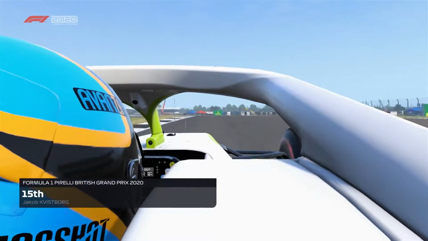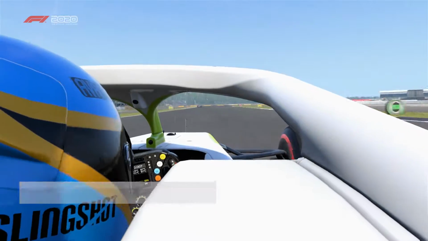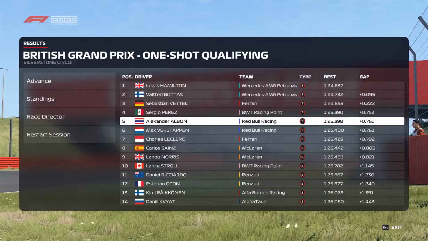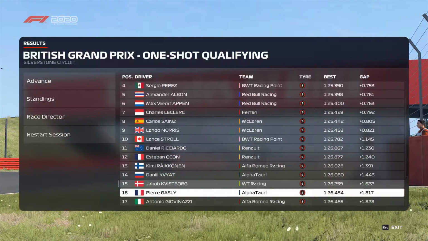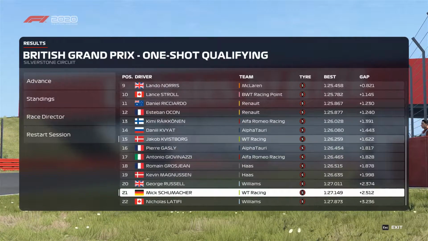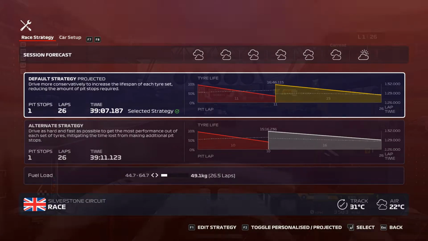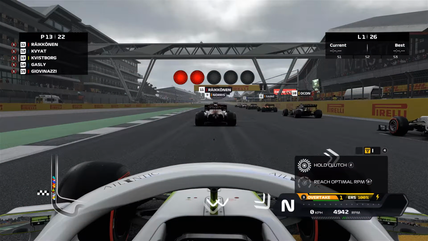It's P15. That's actually one of the best qualifying sessions we have had so far. We are faster in the race, but yeah, it's a pretty good qualifying. Last race we had a bit better qualifying, but yeah, this is pretty good. But as you can see, we're gonna choose the softer compound strategy. It's 4 seconds faster, and jumping into the race now, there's 4 red lights,